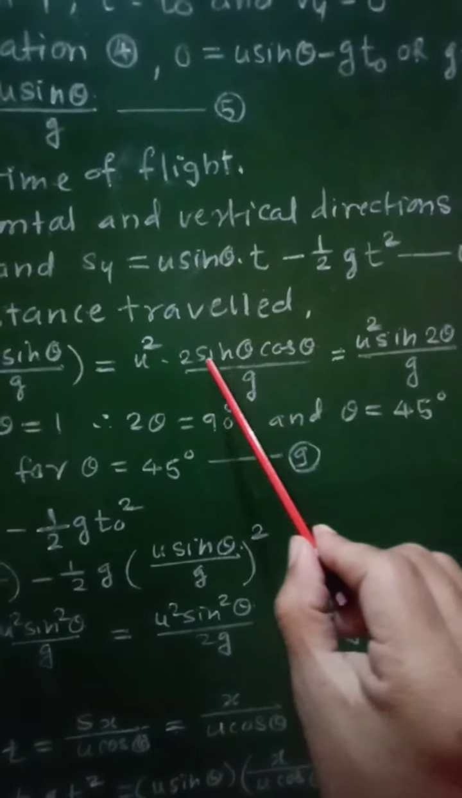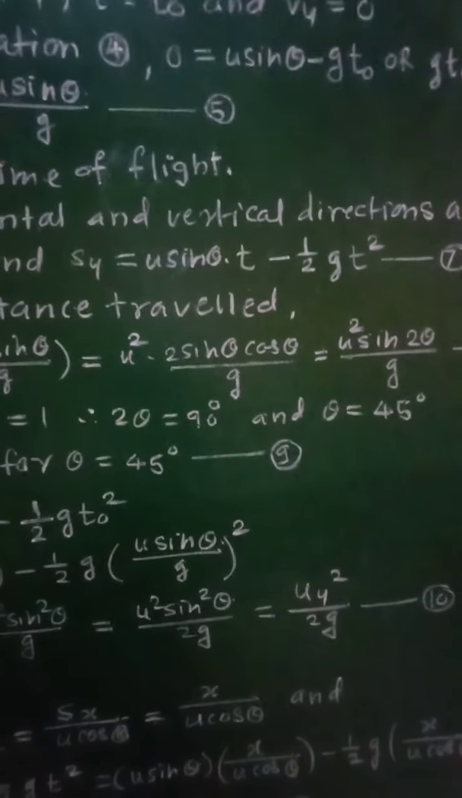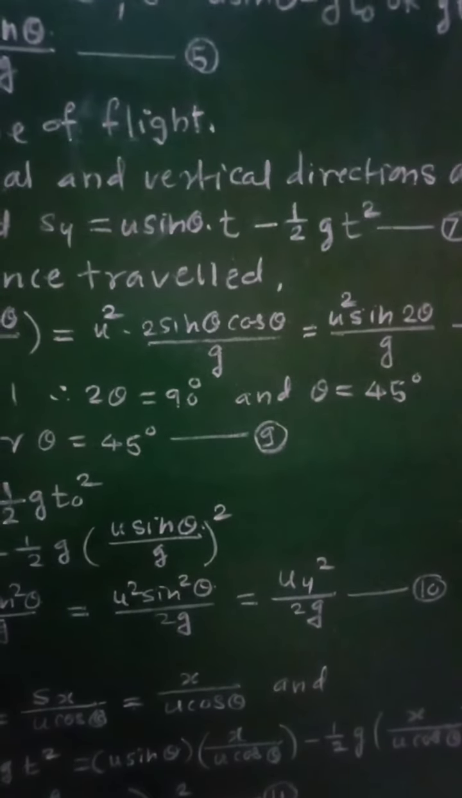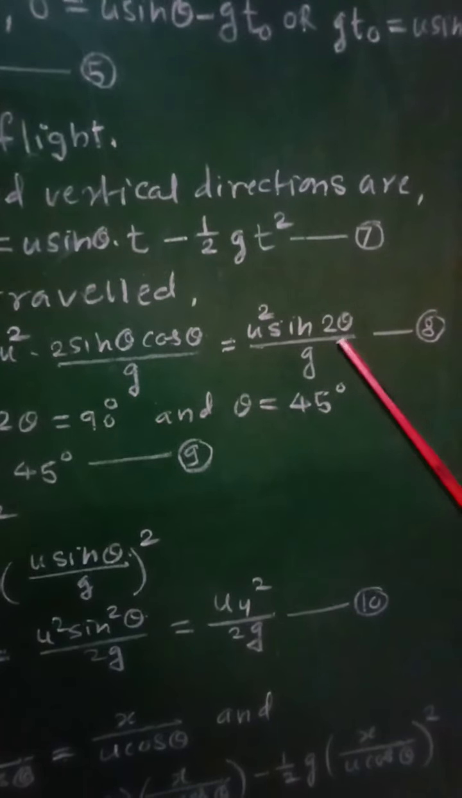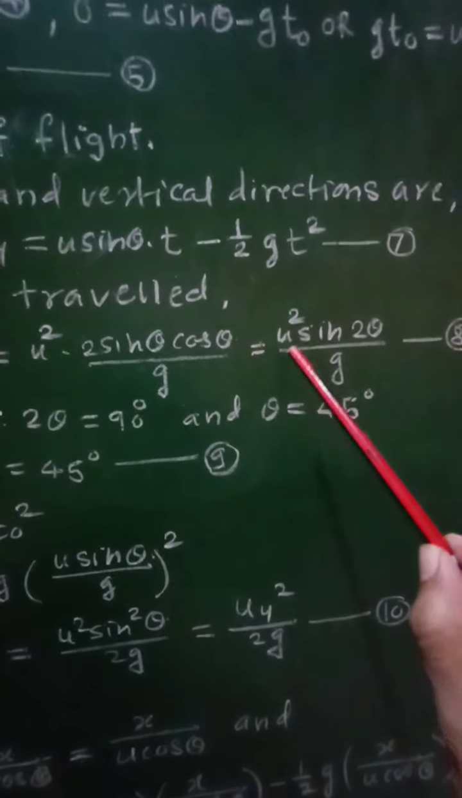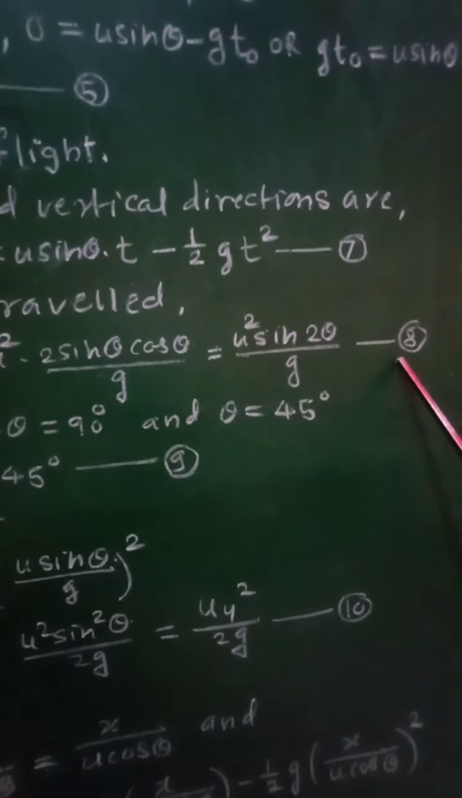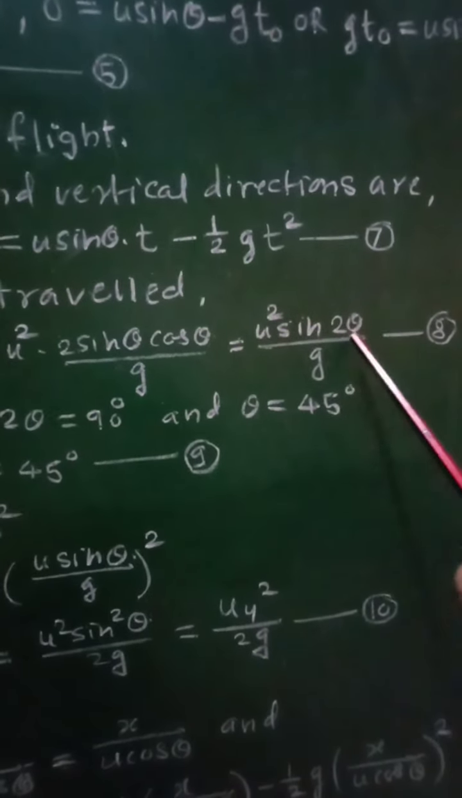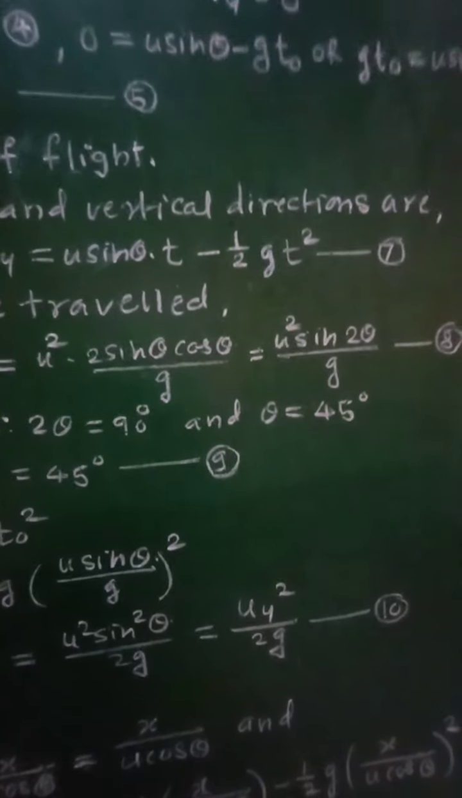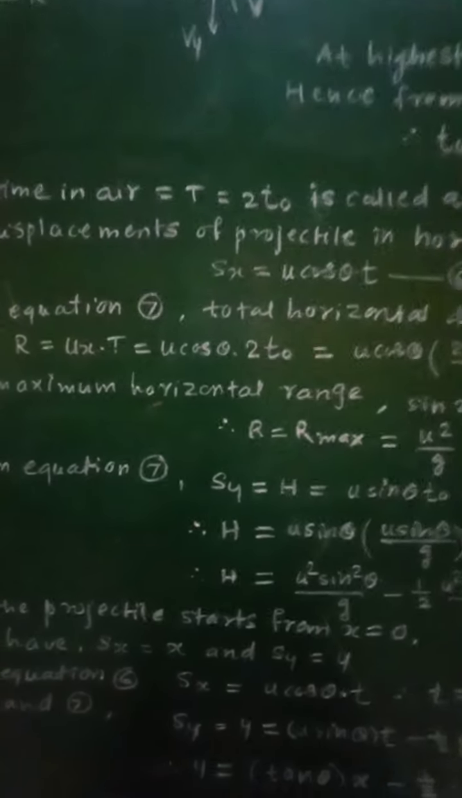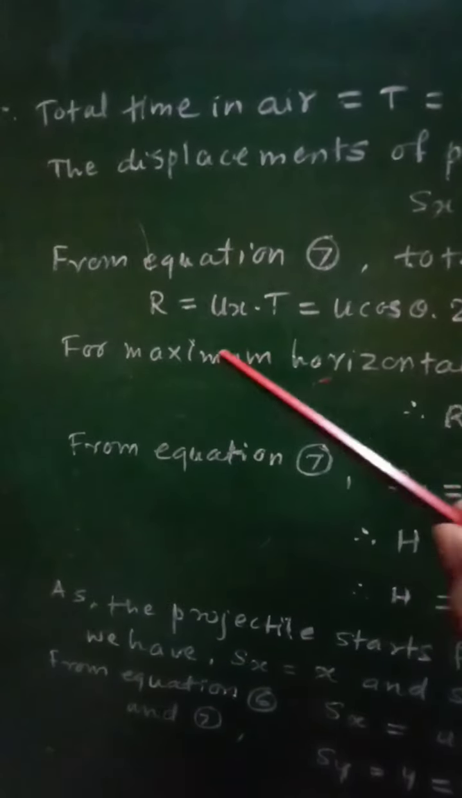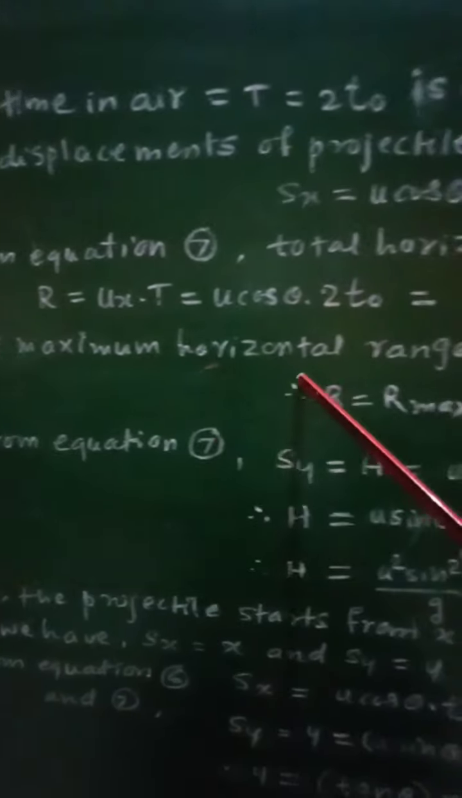But this 2 sin theta cos theta is nothing but sin 2 theta. 2 sin theta cos theta gives us sin 2 theta by a formula in trigonometry, and therefore we can write it as R equal to u square sin 2 theta upon g, equation number 8. So this is the total horizontal distance covered by that projectile, and therefore now we will consider the maximum horizontal